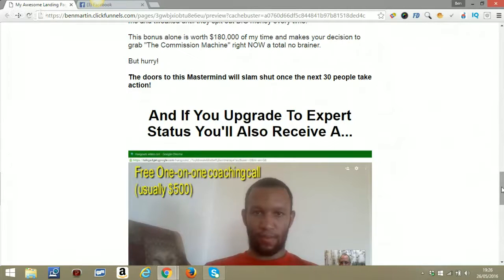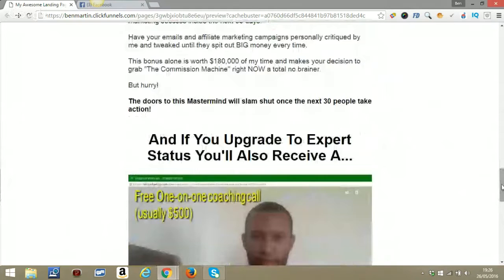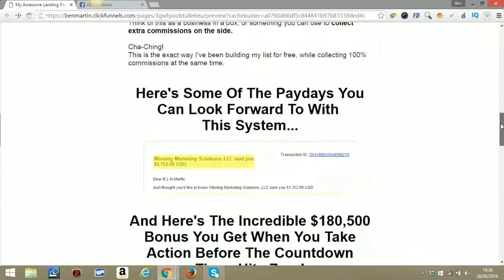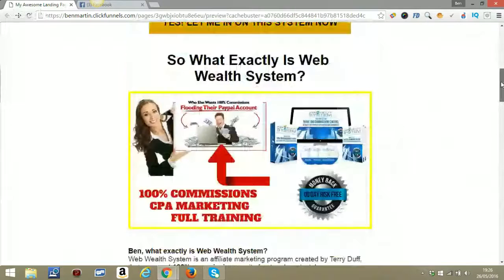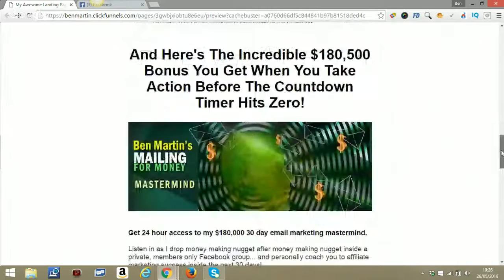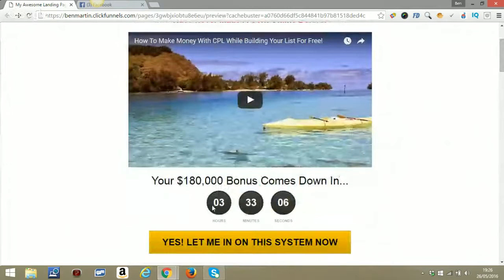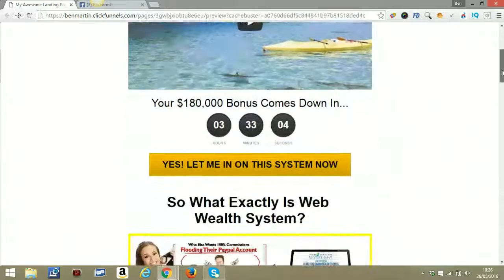Now, on top of that bonus, maybe you're thinking right now, well, Ben, this all sounds great, but how am I going to get traffic, and what exactly is your funnel setup? Well, here's what I'm going to do. If you take action tonight before this countdown timer hits 0, wherever that countdown timer is, before this countdown timer hits 0, if you take action,